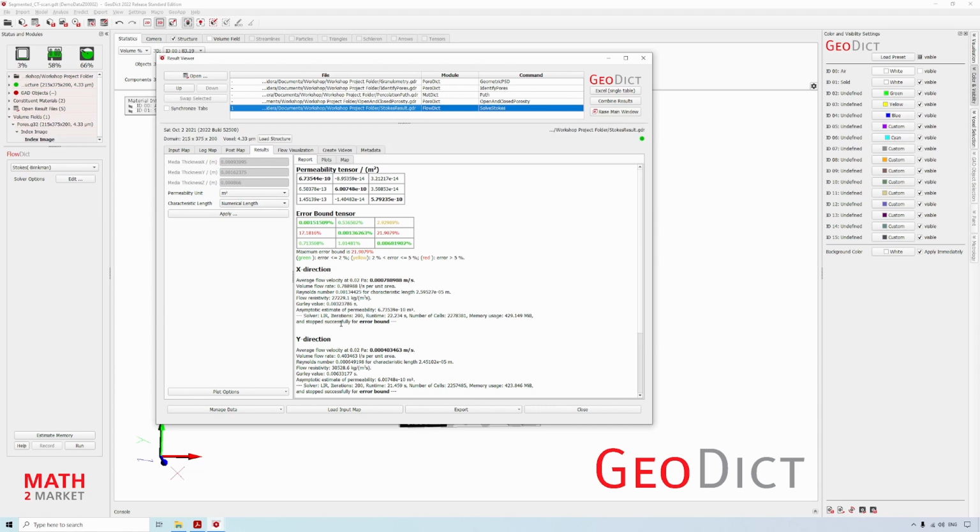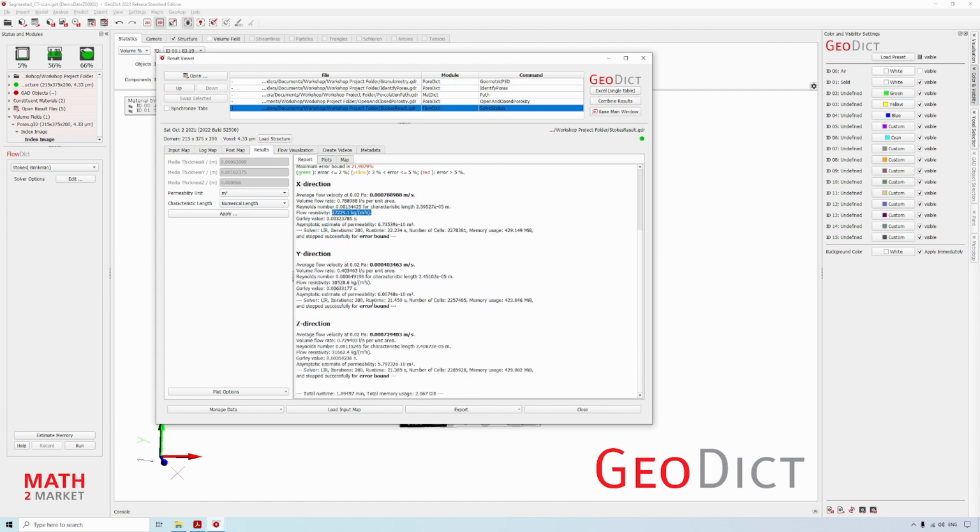In the result viewer, we get the permeability tensor in X, Y and Z direction. So we see the permeabilities in X, Y and Z direction. And we also see the average flow velocity, the Rayleigh numbers, and the flow resistivity for X, Y, and Z direction.